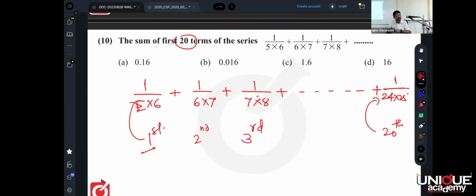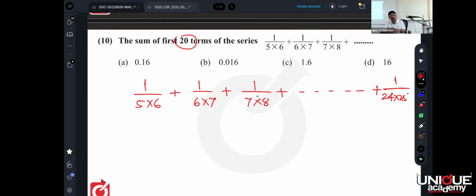Okay, now what next? How to solve? Please tell me, we'll discuss the same. What will be in your mind if you come across such a question in the exam hall? How to proceed? Okay, listen. 1 upon 5 into 6 means 1 upon 30. 1 upon 6 into 7 is 1 upon 42. 1 upon 7 into 8 is 1 upon 56, like that. How many total terms would there be? 20 terms, right? To add 20 terms, all having different denominators, making these equal